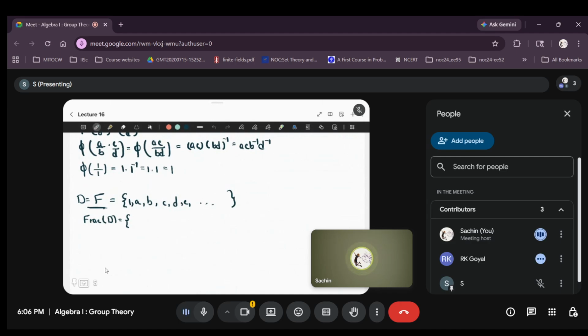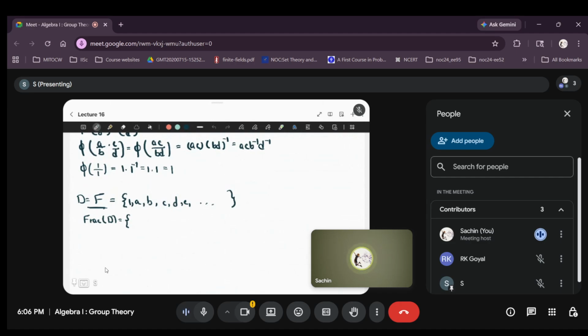No, no, that is, but that's not a field, right? That won't be a field. Yes, yes, that is only